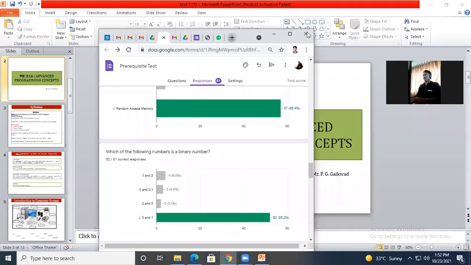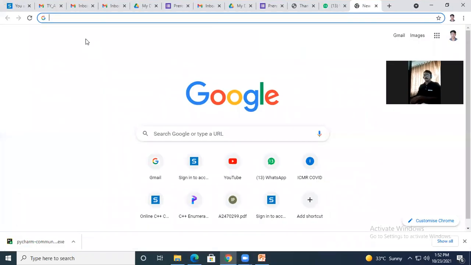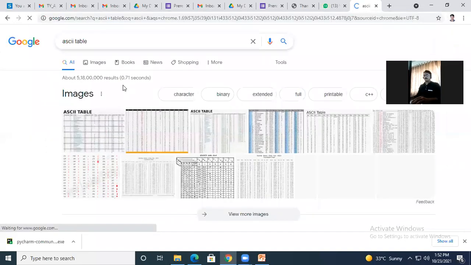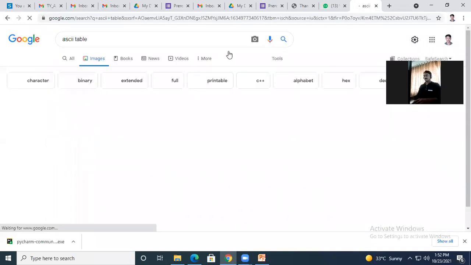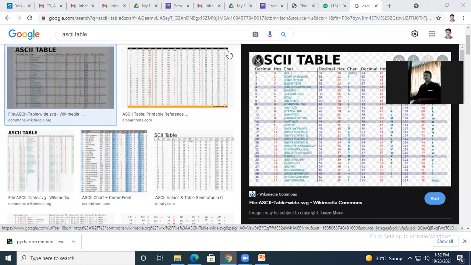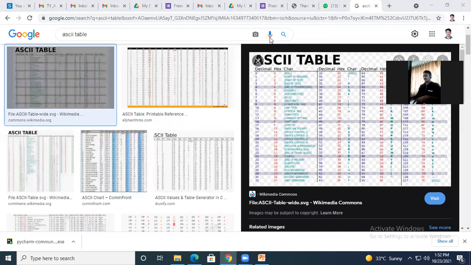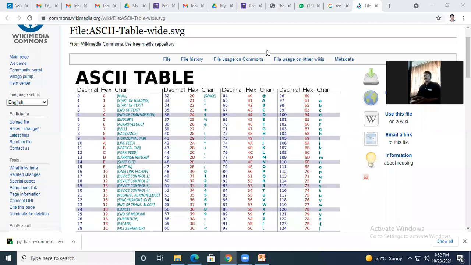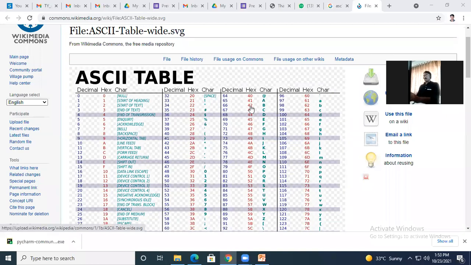I will show you here, the ASCII value table, or ASCII table. Now we are talking about ASCII values.